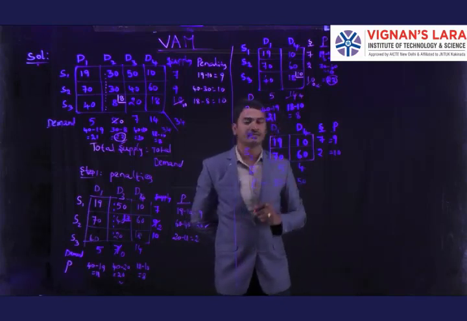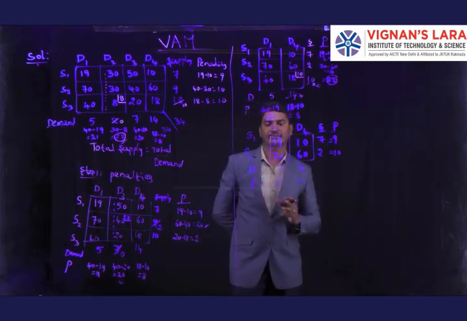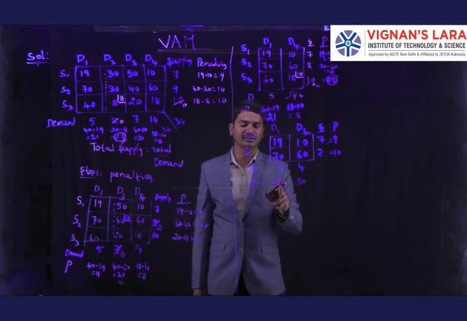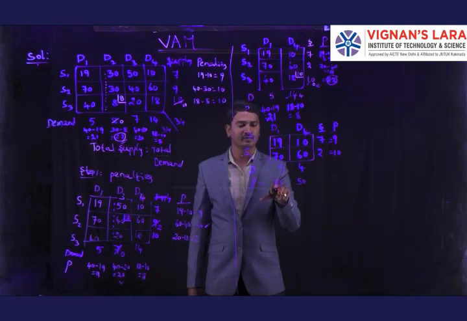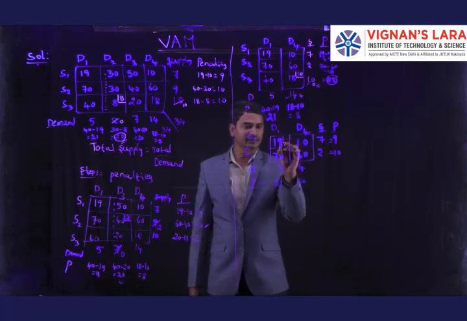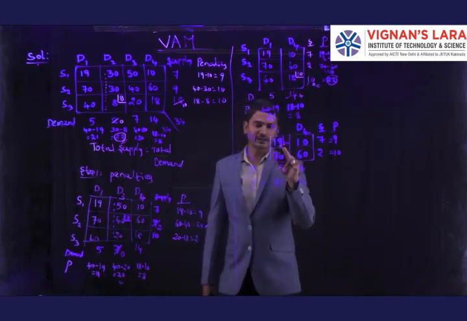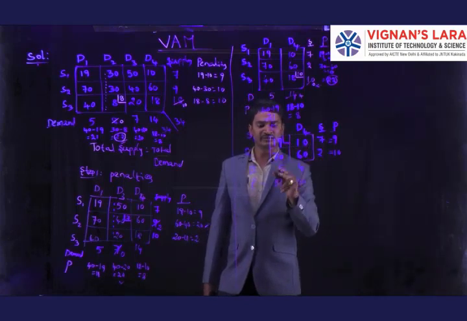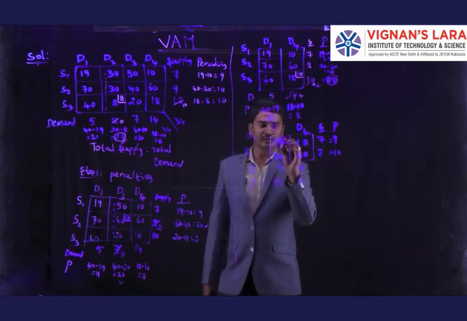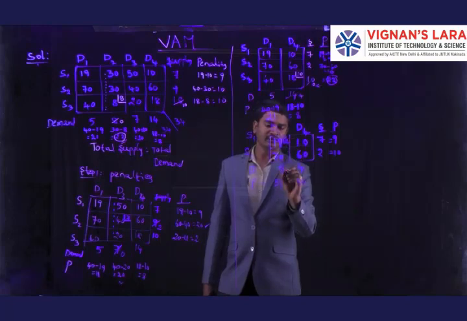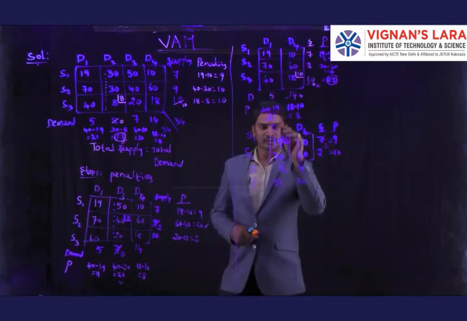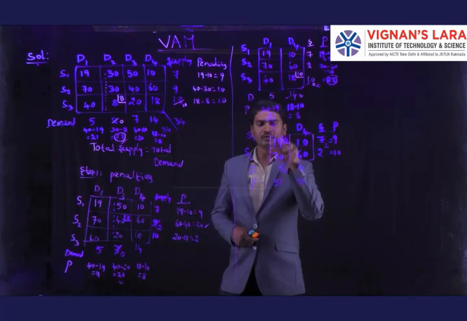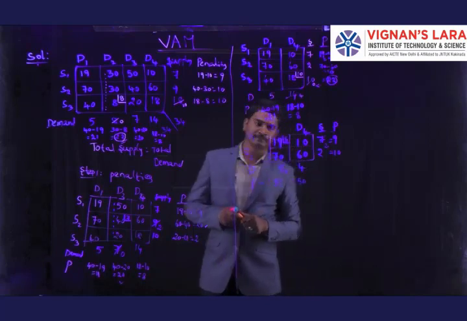From this, we are going to identify the highest penalty. Here, which one is the highest penalty? At the first column we have the highest penalty, that is the 51. So next, for further, we are going to allocate the commodity here. Okay, here supply is 7 units and demand is 5 units. From this we take the 5 units. After allocating the 5 units, it becomes 0 and it becomes 2. For further, we are removing the D1 column.